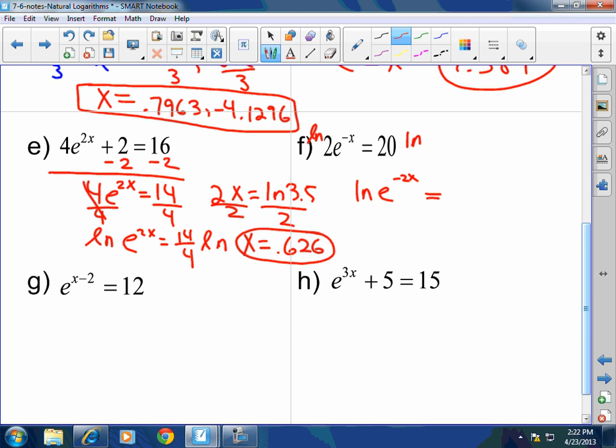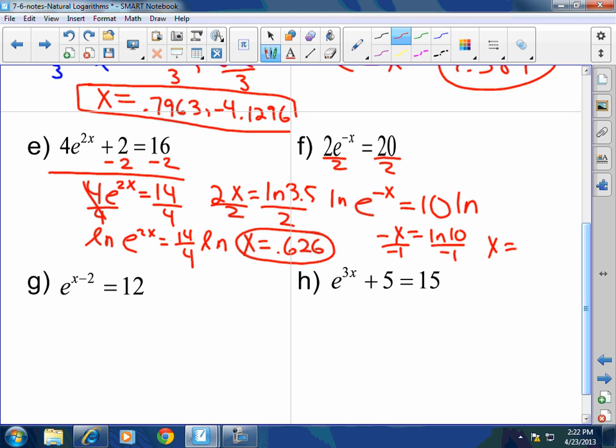And then, no, there's a negative x there, because that 2 is an exponent. Remember, when you multiply, it's an exponent? Okay, how about this? How about we don't do the shortcut way, we just do it. Divide 2 from both sides. E to the negative x equals 10. Now ln both sides. So I'm going to have negative x equals ln of 10. Divide by negative 1. X will equal, in this case, gentlemen,